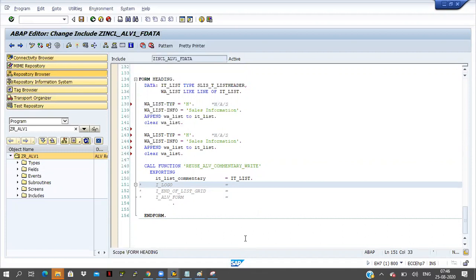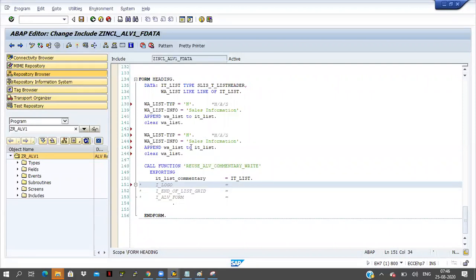The call will disconnect in 4 minutes, so I cannot explain about the logo. One more transaction is there, the OAER transaction, by using which we have to upload the logo and use that name here. It will take some time, so I am not able to complete this today. Tomorrow I will discuss this logo.